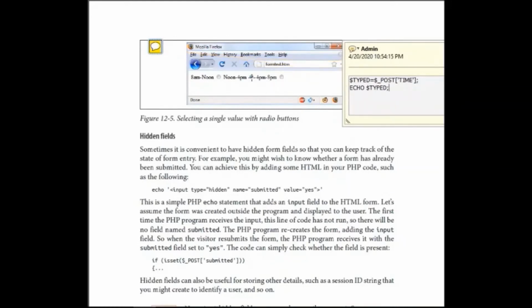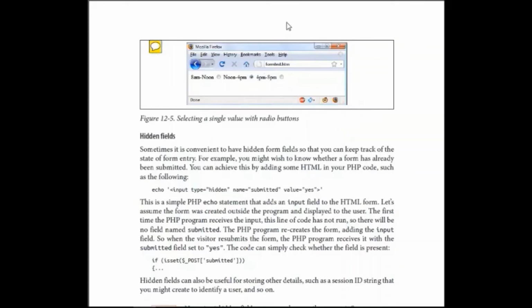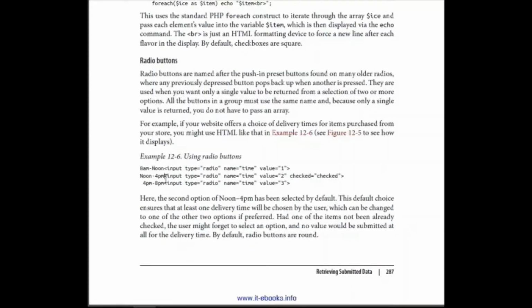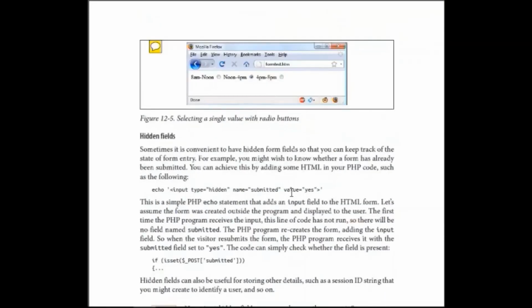Right, so here if you have clicked this, what will be printed? The second one's value is 2. So 2 will be printed. If a user has clicked this, 3 will be printed. Why? Because its value is 3. So you have to be very careful about the value. If you have made 2 checkboxes, one is for female, one is for male, so you should give the values here, male and female, so that if you want to save it in the database, or if you want to know what the user selected, you can access its value by this value attribute.